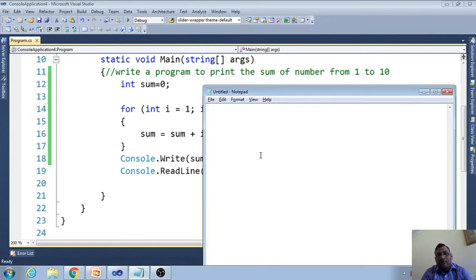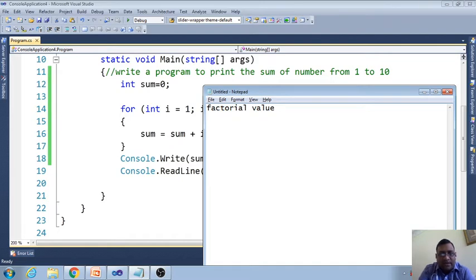Now I am going to explain the factorial. I think you people studied factorial value in mathematics.